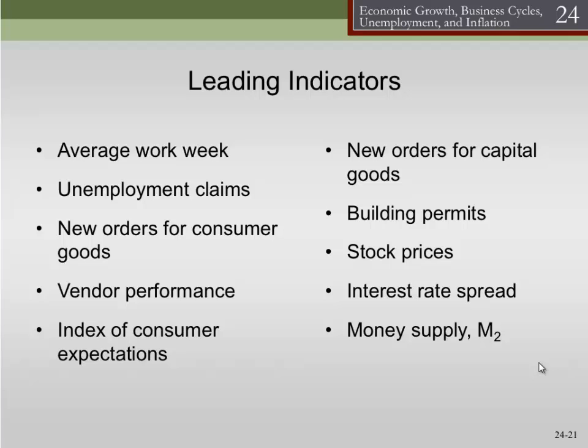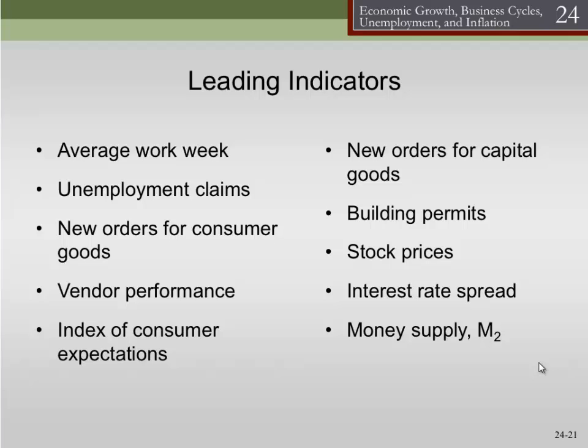So how do we figure out what the business cycle is going to do? We don't know exactly what causes it. We know that policy has some effects, and we know that these external shocks can cause us to move one way or another around the business cycle. And then there's just the fact that the economy wants to wiggle. It just squirms and wiggles a little bit. So all of that put together gives us this business cycle.